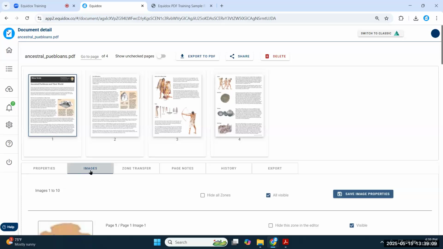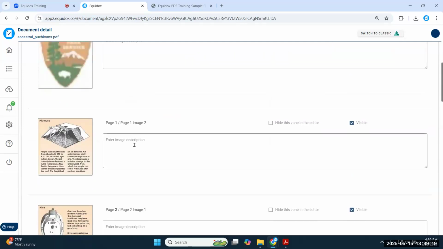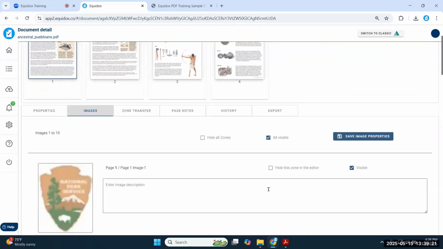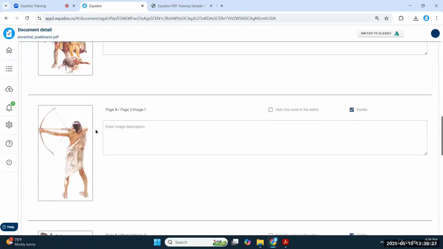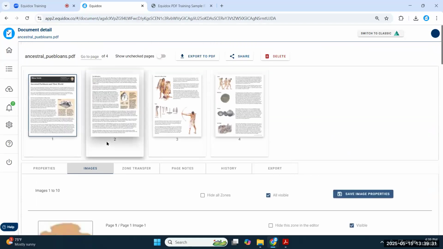So different ways of using this images tab. You can do your images up front. You can wait until the very end. Someone might give you alt descriptions that you want to copy and paste in here. Or you might use this as an artifacting tool where you get rid of all images at once. So different ways of leveraging it, but this is just at a high level how it works. It's good to have a consolidated collection of all the images in the document scattered across many different pages.